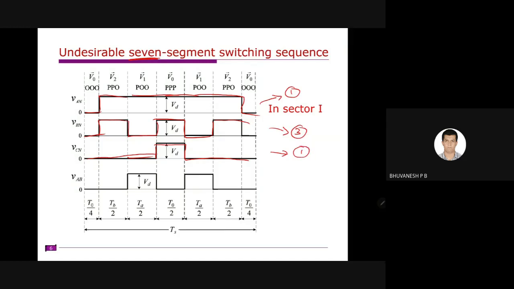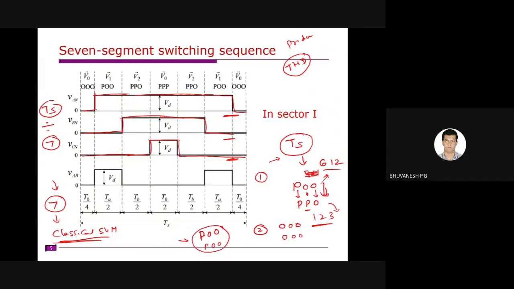Normally in the sine PWM technique, if you know that, every phase, A phase, B phase, or C phase, for every carrier you have only one switching, right? So that means this is extra switching. This extra switching increases the switching losses. Several researchers are working on this. After a lot of work, they understood that we need to divide this into 7 parts.